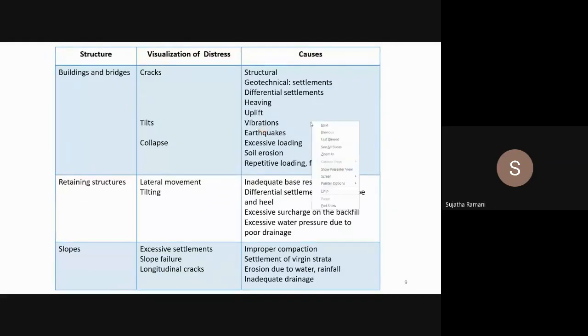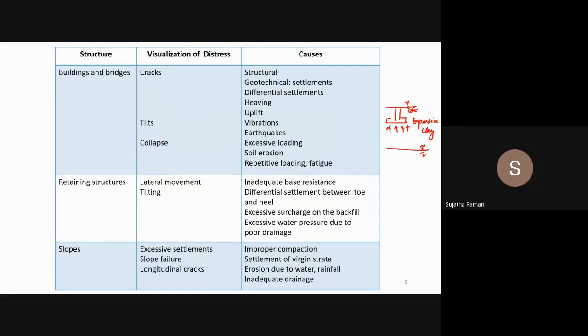Now here, whenever you have an expansive soil or soil that is prone to more volume change, let us say that you have a light structure that is housed on an isolated footing like this. Now, when there is expansion, let us say that we have an expansive clay. If there is going to be a change in the water table, let us say that the water table is going to move up because of monsoon or whatever reason it is, then this soil is subjected to a volume change. It starts to expand or increase in volume, which causes a pressure on this substructure.